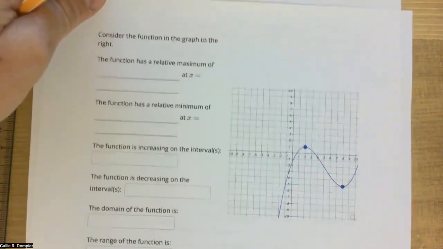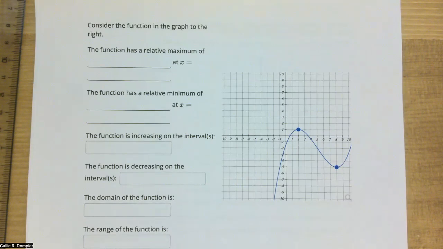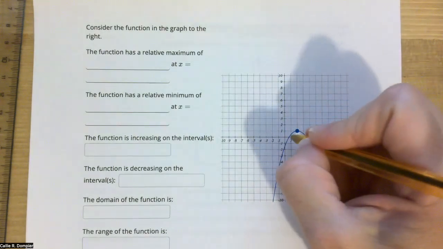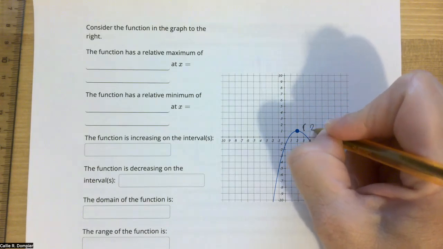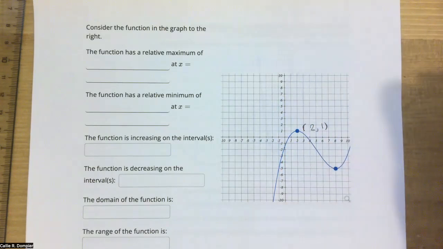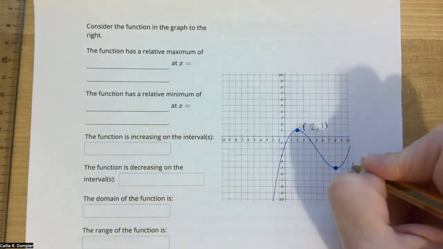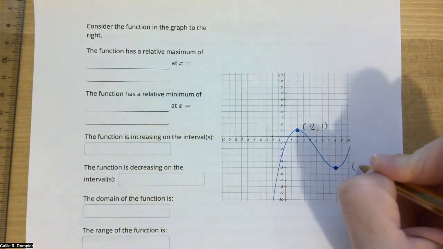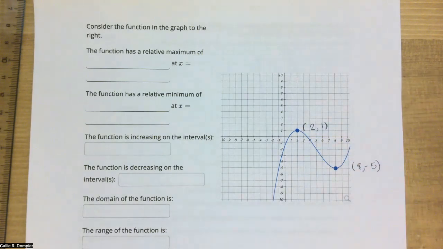Question 41. Look at the function on the graph to the right. It has a relative maximum of, and they kind of marked it for you, right? The relative maximum is at the point 2, 1, right? The function has a relative minimum at, see if I do better this time, 8, -5, right? And so this is all about